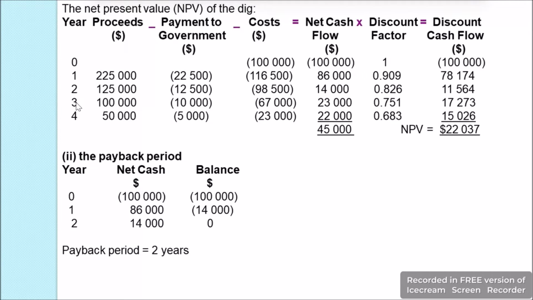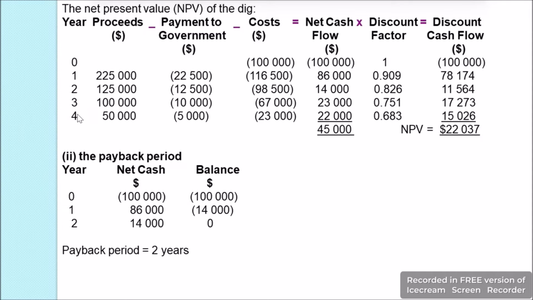Then in year 3, we have proceeds of $100,000, and the payment to the government of $10,000 will be subtracted. The cost, which was given as $67,000, will be subtracted. After subtracting 10,000 and 67,000 from 100,000, we get the net cash flow of $23,000. Then we will multiply with the discounting factor, which is 0.751, and we'll get the discounted cash flow as